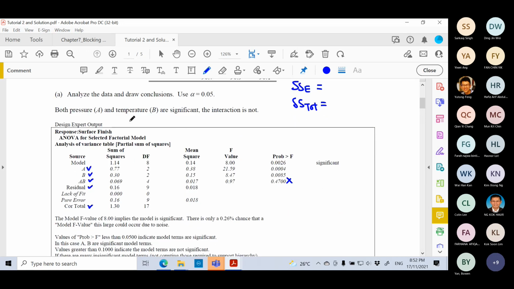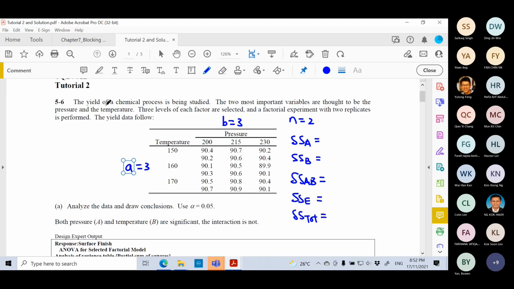So the first question is just to show you that A and B are significant where the iteration is not, as you can see from here. Of course, we need to compare with a certain level, which is 5%. The p-value is greater than 5%, therefore the AB is not significant. So when we want to interpret factor A and factor B, we can directly interpret them. If A and B have a significant difference,